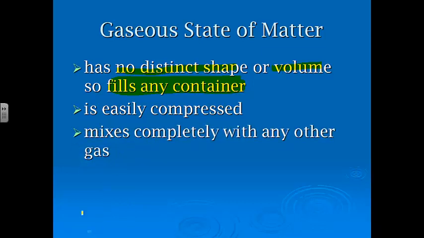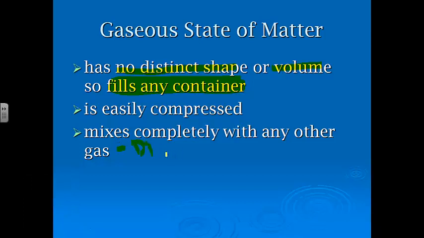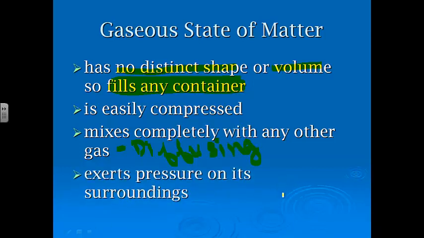They also will mix completely with any other gas, and this is called diffusion, the spontaneous mixing. And again, we'll come back to that a little bit later as well. The other thing it does is it exerts pressure on its surroundings. If you just think about it, we know gas particles are in constant rapid random motion. And if we have them contained in something, as they're rapidly moving, they're going to collide with each other, and they're also going to collide with container walls. And those collisions with container walls are what give the pressure on its surroundings